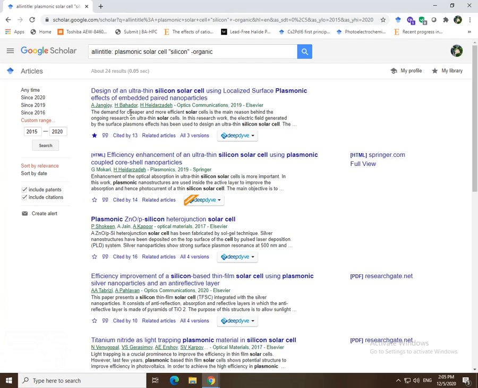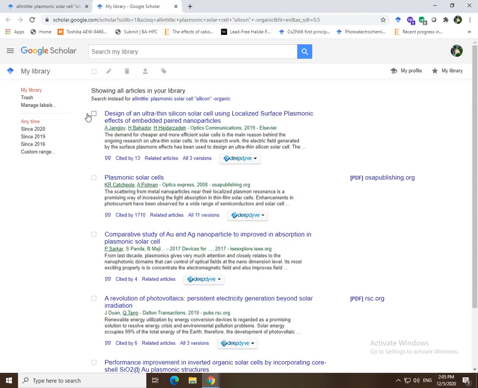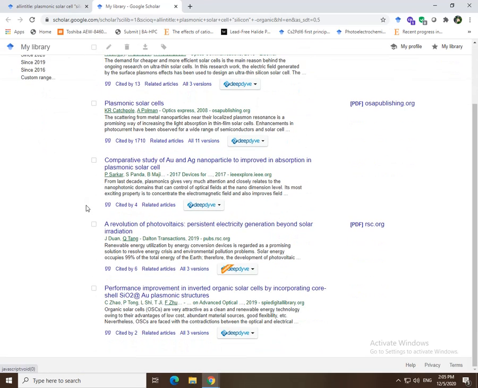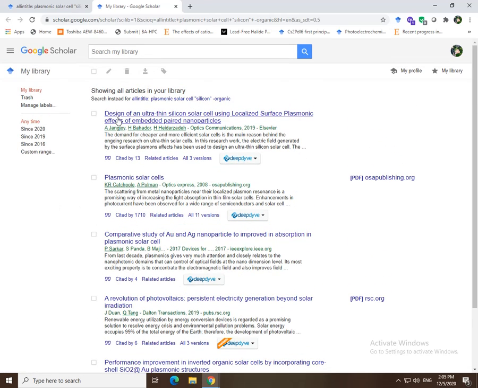Okay, how can I enter my library? You can enter your library from this link. If you enter your library, you will get this article saved and many articles that you added before, so it is easy to see them again in the future. Okay,